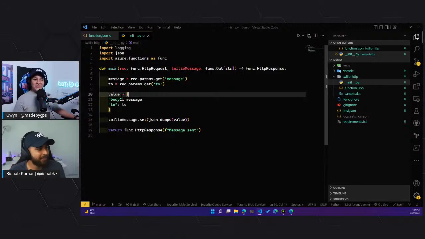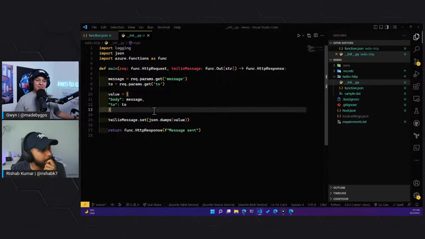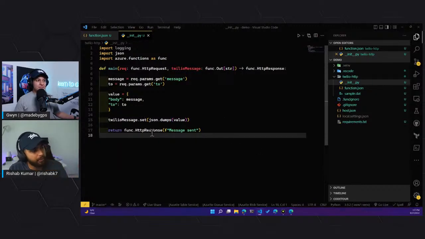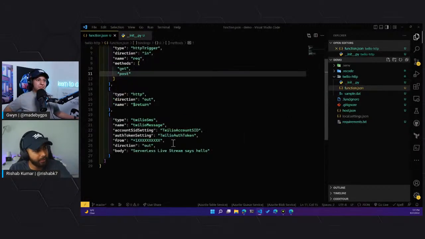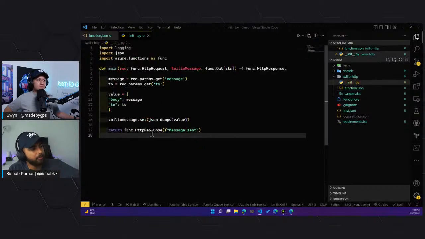That could be important if you're collecting numbers and want to see if a phone number is valid or not. There are a bunch of things. Again, I would refer to the documentation if you want to learn more about the binding itself. But basically, this just sends a message with whatever message body we have in here. And also, it returns a success message saying the message has been sent.